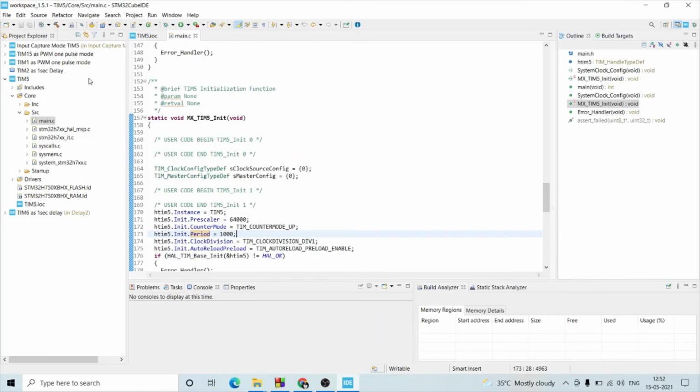This one is the HAL MSP, meaning we are using library files. All this code is generated using library files. Using this we can generate a delay of 1 second at timer 5.